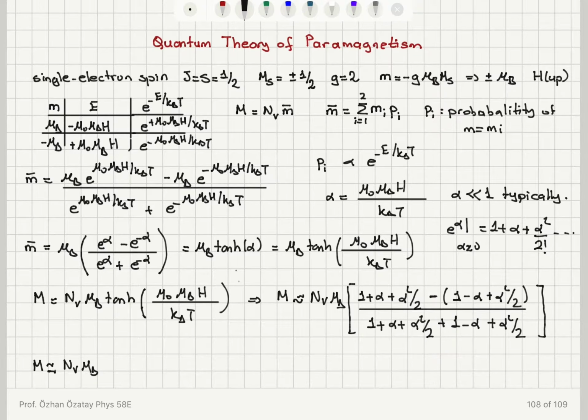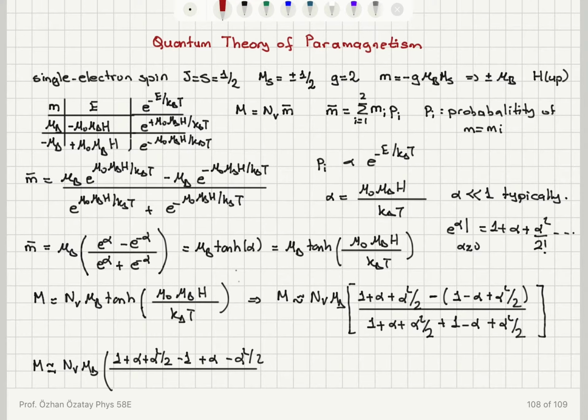As you can see, I would get here, when I operate this parentheses, 1 plus alpha squared over 2 minus 1 plus alpha minus alpha squared over 2, and at the bottom I would get